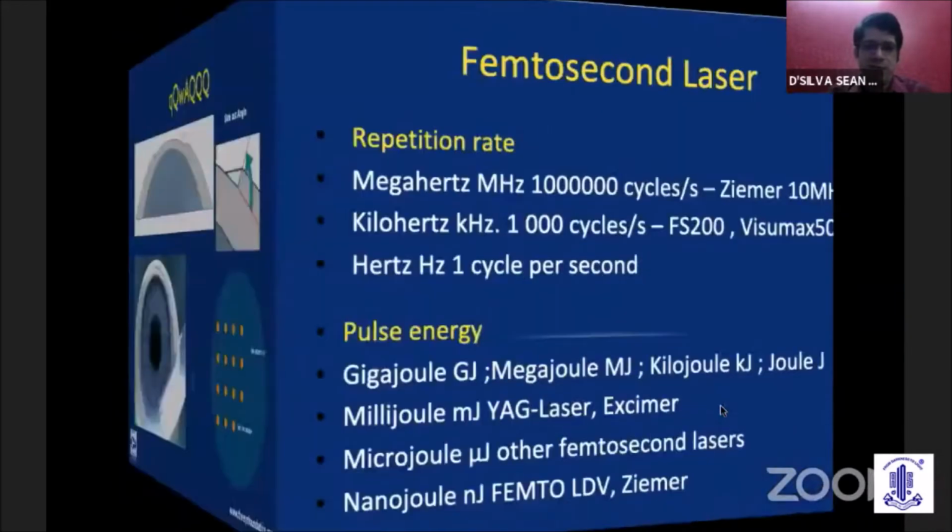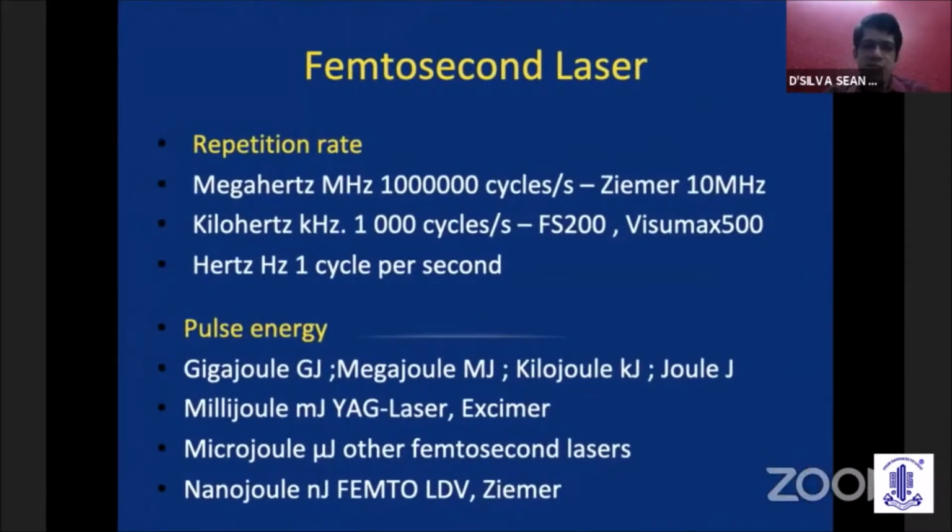Another thing that we need to know is that most of these femtosecond lasers have a number attached to them. And it's very important to understand that the repetition rate, or the rate of firing of these pulses, is indicative of that. For example, for the femtosecond 200, it is around 200 kilohertz. VisuMax is around 500 kilohertz. And with the Ziemer, it goes up to even 10 megahertz. The advantage of a higher firing rate is that a higher repetition rate produces a much lesser amount of pulse energy. This is much softer to the cornea. There's a lesser amount of heat production. And the procedure time is also much shortened.